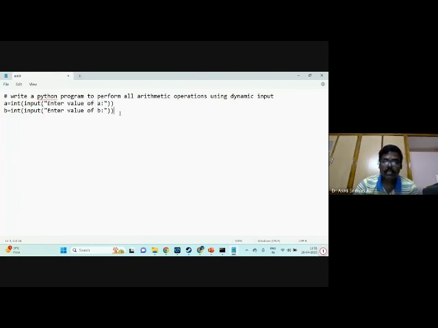Once you read the A and B values, then as usual, C is equal to A plus B, and D is equal to A minus B, E is equal to A star B, and F is equal to A division by B, and G is equal to A modulus by B. Now print